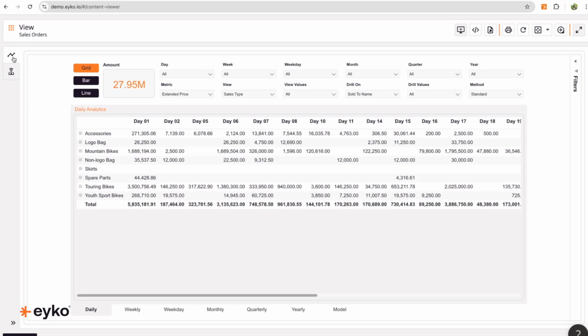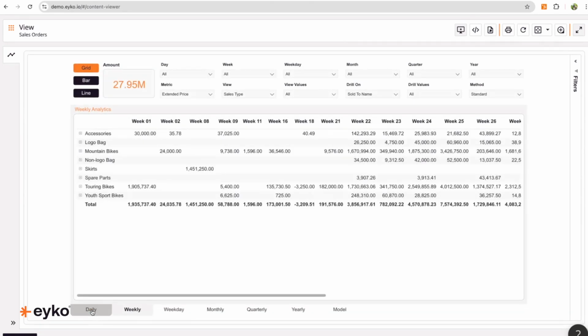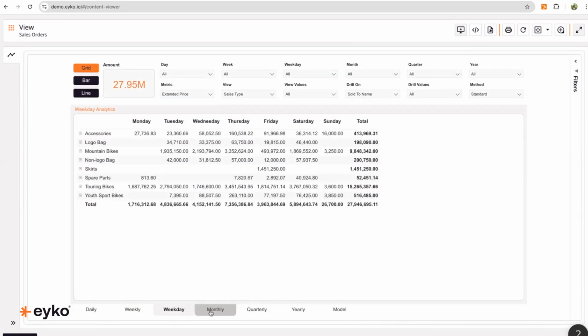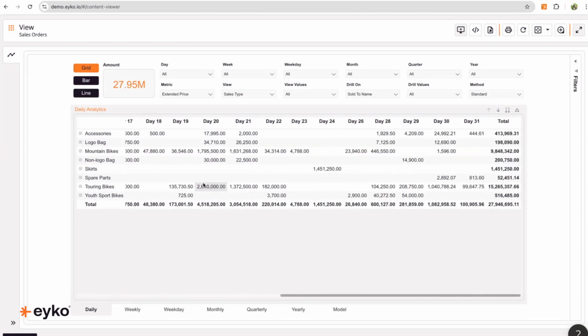What's nice about this multidimensional experience is that you will see a few things that are unique to eyko. First of all, we normalize all of the cryptic names sitting within the JD Edwards ERP schema so that you could quickly and easily relate to them on business terms. Secondly, we also have time intelligence. We have the ability to give you these granular views of the information that's very rare today with many JD Edwards reporting capabilities. Here we're looking at daily sales information from day 1 all the way to day 31 for